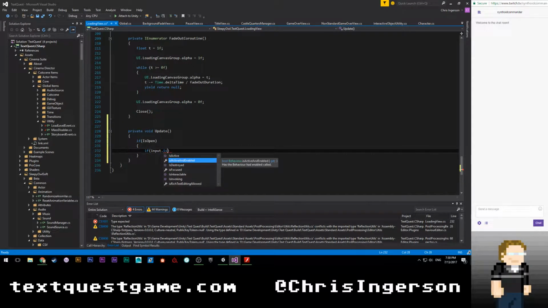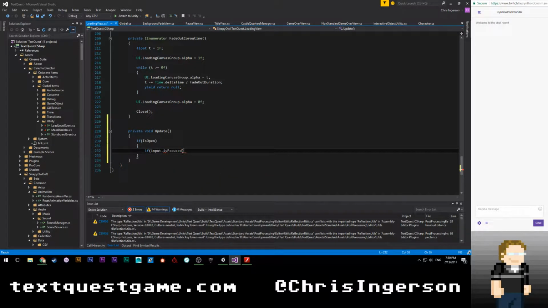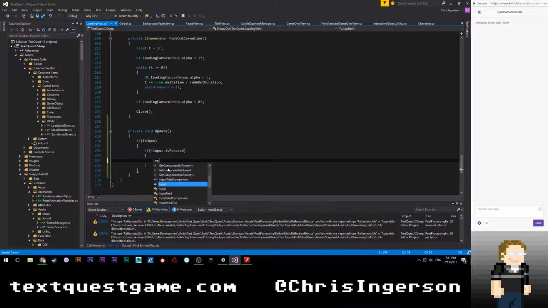Dot is active and is focused, I think is what I want. So we're going to say if it's not focused, which means that it's not currently able to be typed in, then we're just going to hard set it to say input.SelectField.